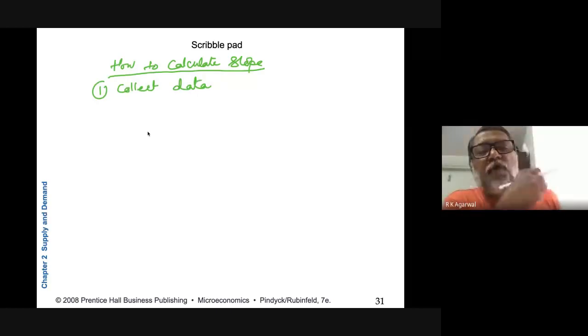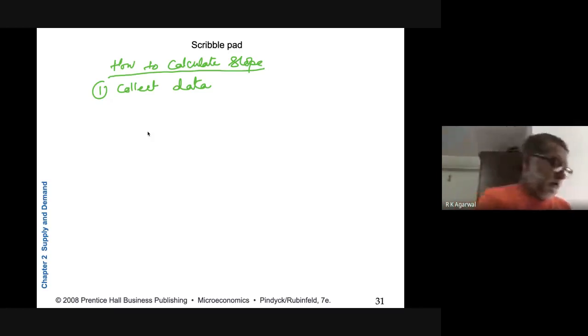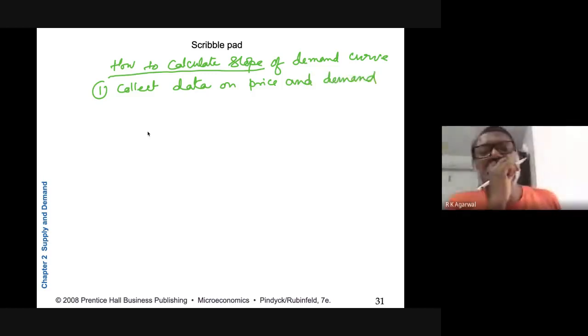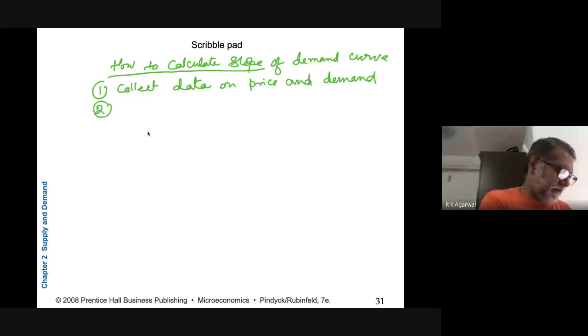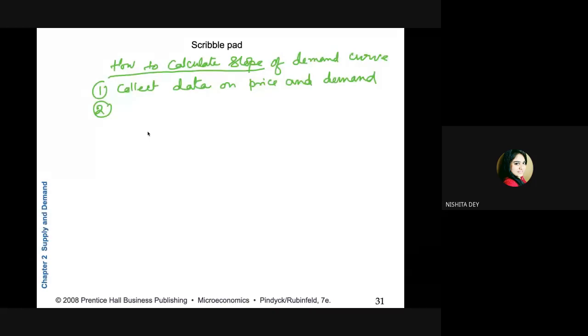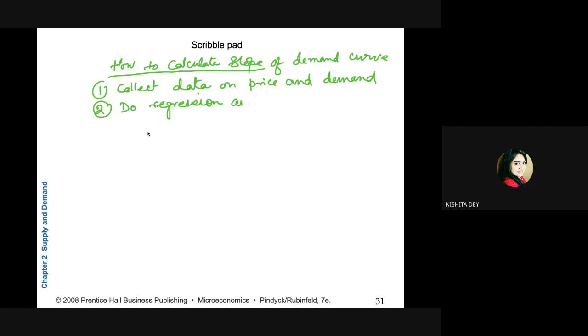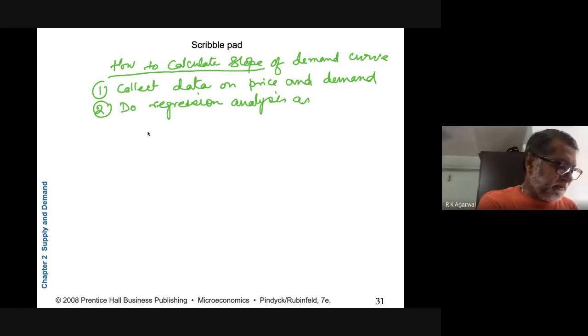Collect data on what and what? Of course, we're talking about slope of demand curve. Collect data on price and demand. This is the first step. What is the second step? So calculate. Do regression analysis as shown